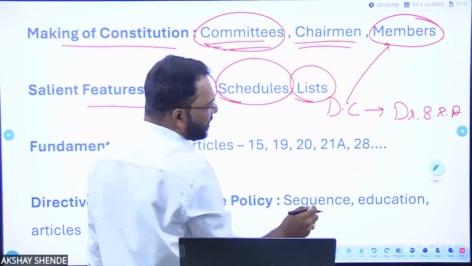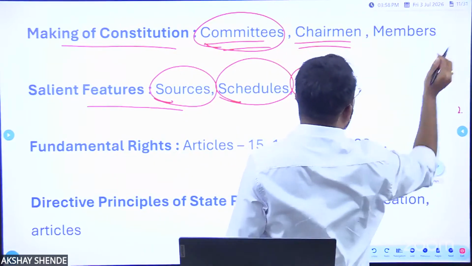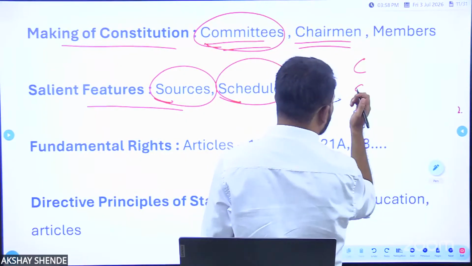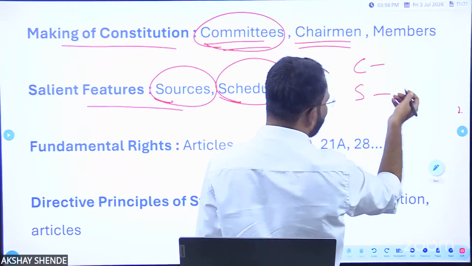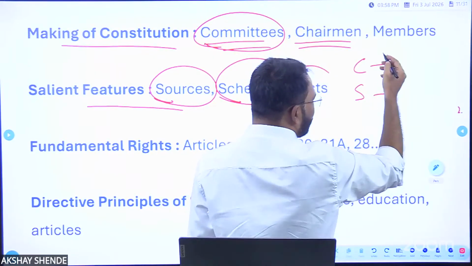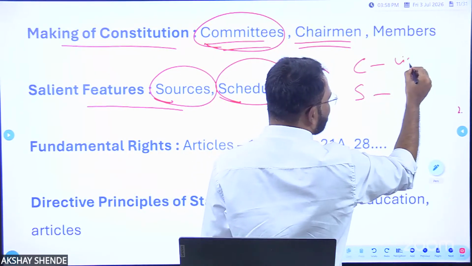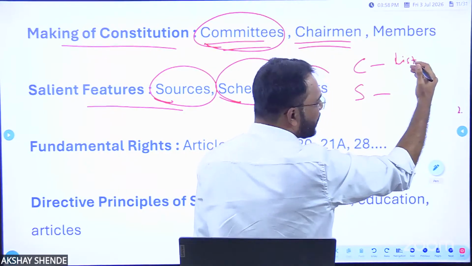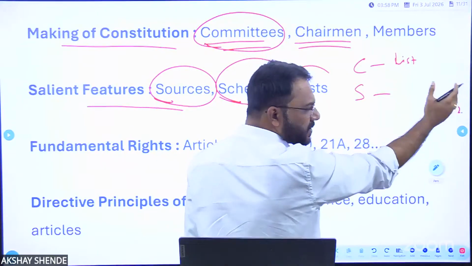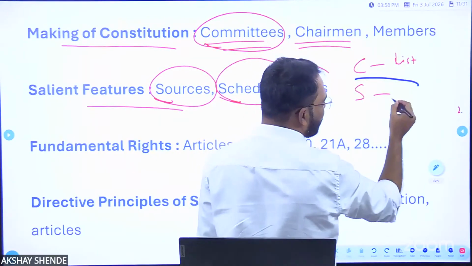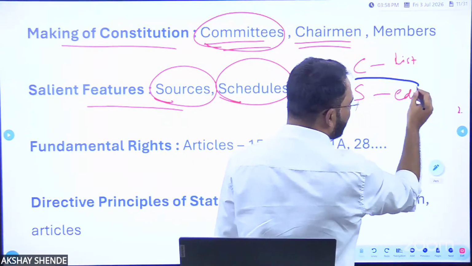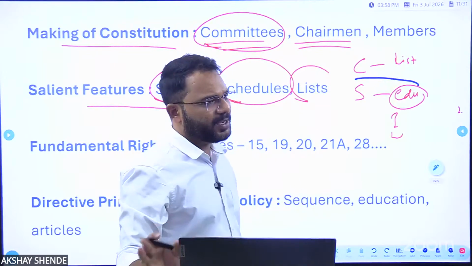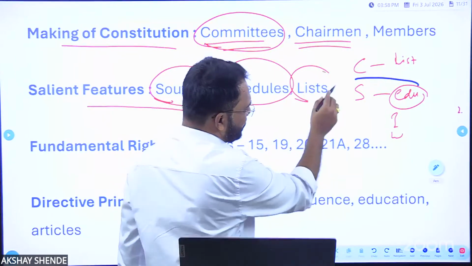I have told you earlier that we have 3 levels of government. For example, for time being, let's take 2. For the central government, there is a list in which each and every subject is mentioned, like defense, space research, external affairs, finance. All this goes under central. For the state list, there is also a list where education, irrigation, water, dam, health, each and every subject is mentioned. So these are the lists.